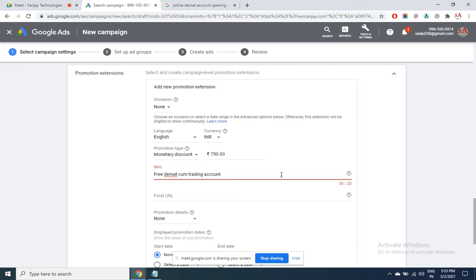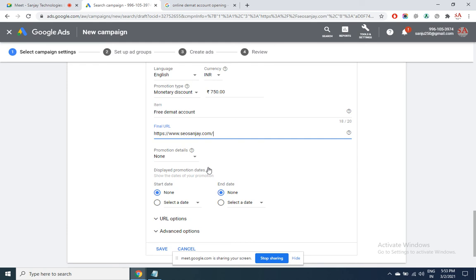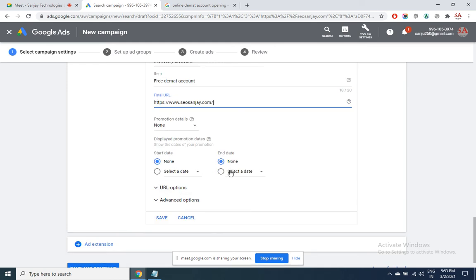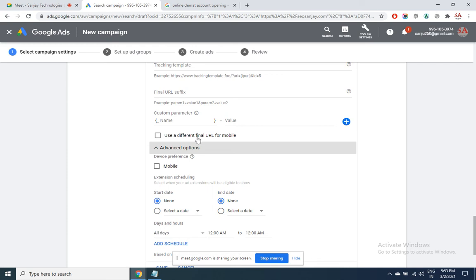Can't cross these characters. Finally, wherever you have the details about this offer, that address you can provide here. What are the terms and conditions of that offer, the offer code and all that. Is this a limited period offer between specific dates? You can use it. These are again options meant for tracking, done through API. We need not know about it.